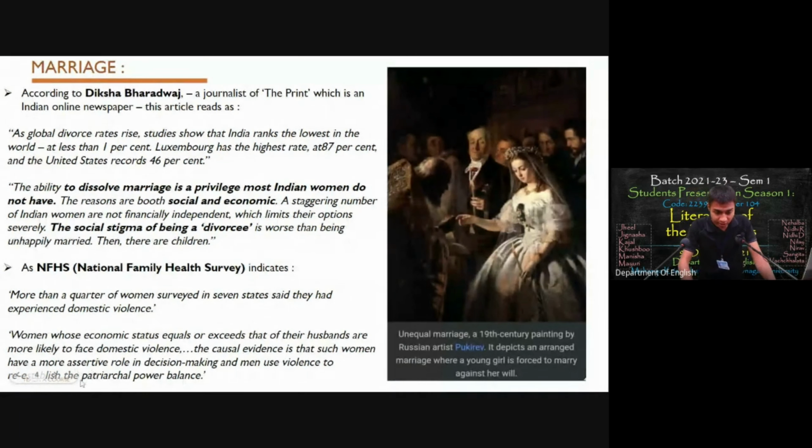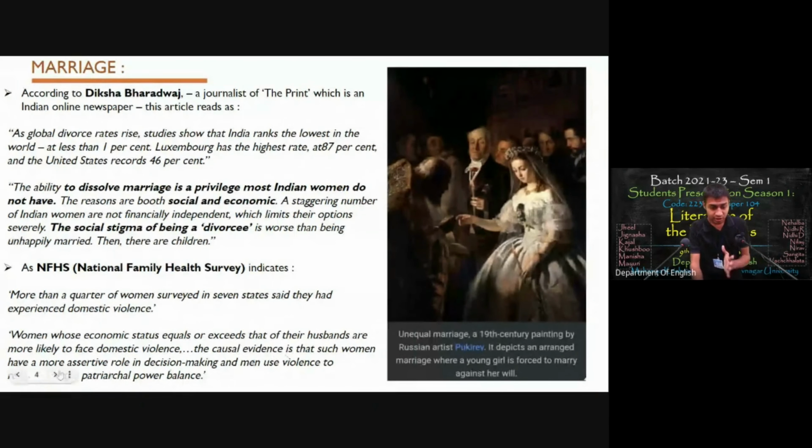Okay, so it is there, and here are some causes: women whose economic status equals or exceeds their husband's. If you are a woman earning more money than your husband, then the husband's ego will get hurt. He will think, no, you are my wife, a spouse, so you should be a bit lower than me. They will think about how it is happening, because the causal evidence is